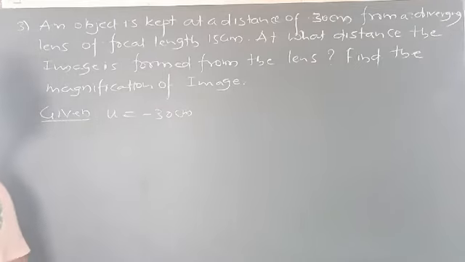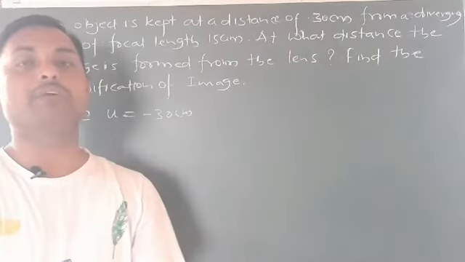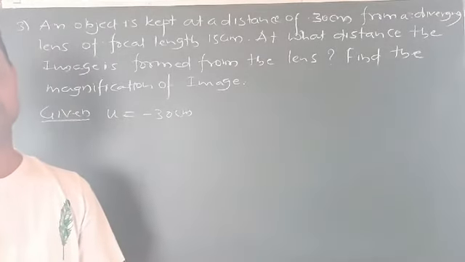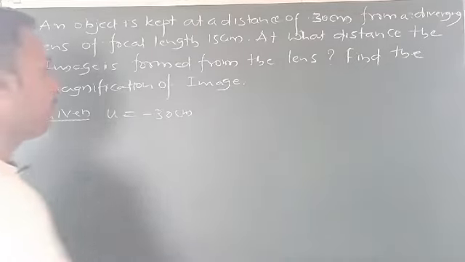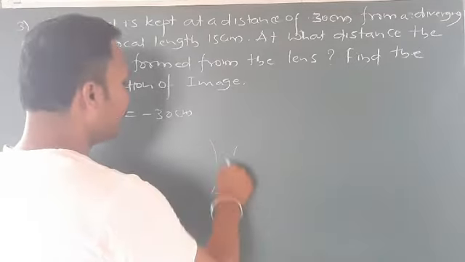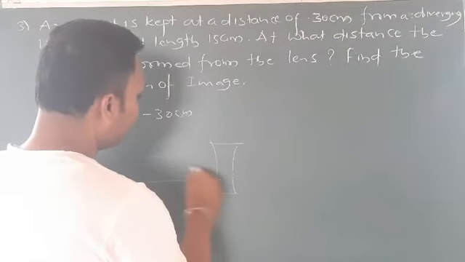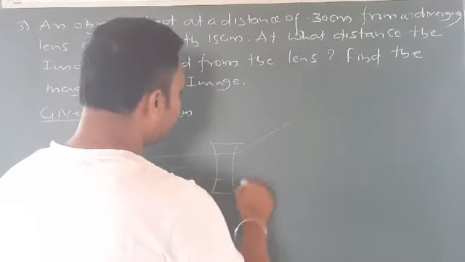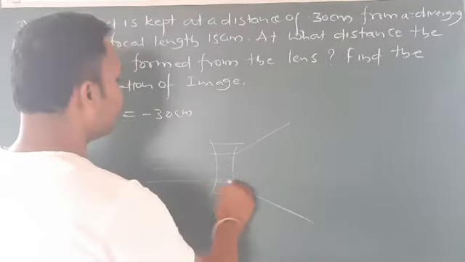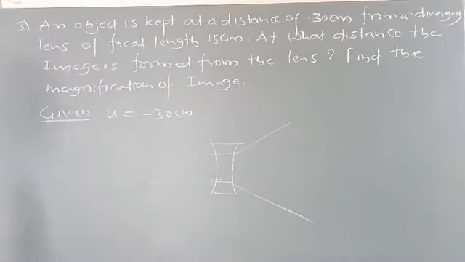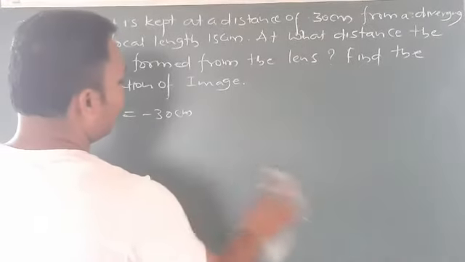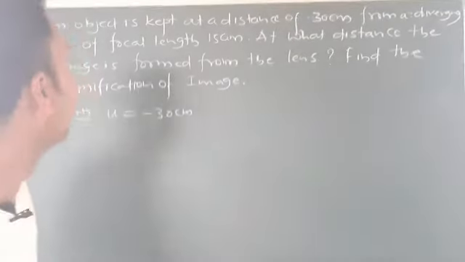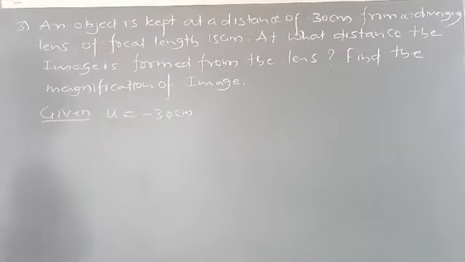From a diverging lens. This time the question is related to a lens, not a mirror. Diverging lens, we know it very well, converging and diverging. If you have a concave lens, the rays diverge like this. So it is a concave lens, the diverging lens, of focal length 15 centimeter, f.